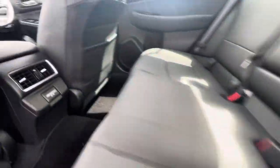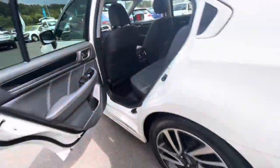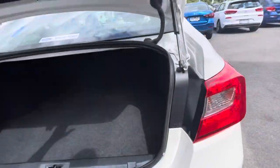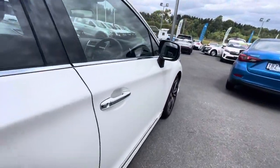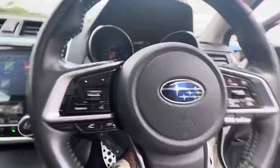The leather trim on this car is in excellent condition. You've got Apple CarPlay, Android Audio, rear parking sensors, LED rear tail lights. Coming down to the side, it's in great condition all around. We can do full walk around videos, which will pinpoint any particular questions you might have in regards to this